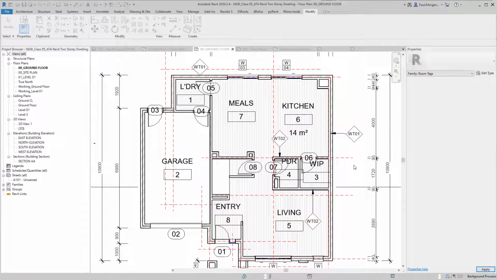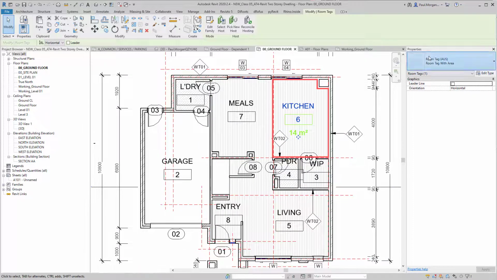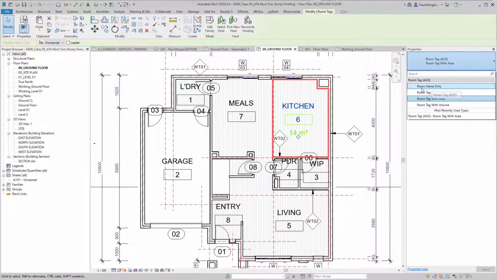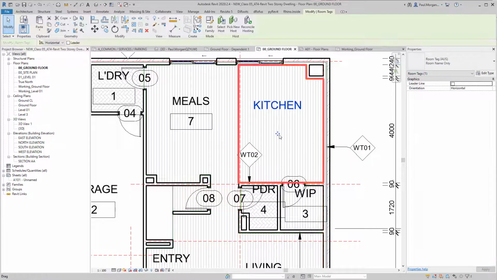Override. Yes, thank you. Now, it looks like nothing's really happened because I have to now select that room tag. Click on this and you'll see there's one called room name only. Click on that and everything else disappears except for the name of that room. You'll also see when I click on the word kitchen that the little grips are down here to move the